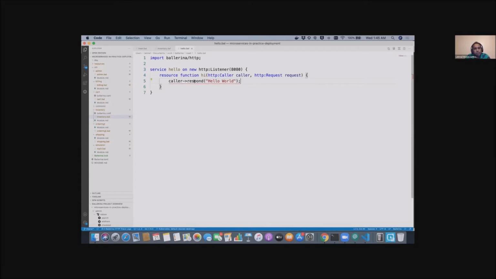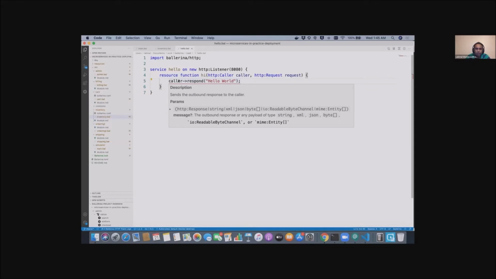This is because this respond method can return either an empty value or an error. When you are sending the response back to the caller, we are doing a network call underneath. Because of the unreliability of the network, this can return an error.